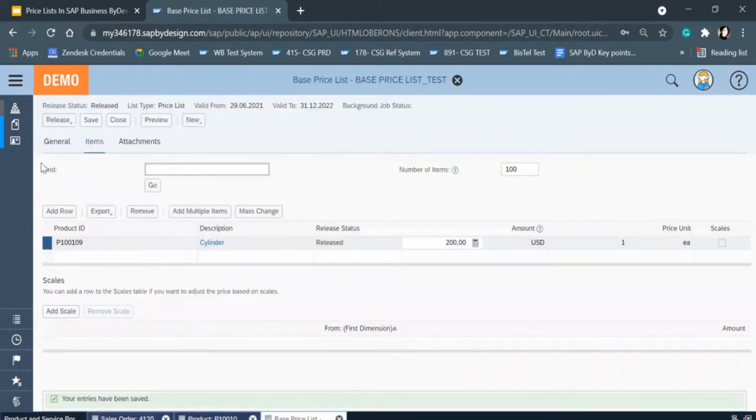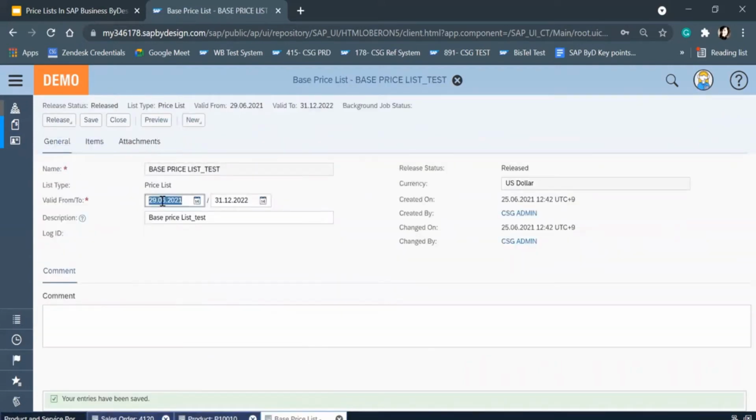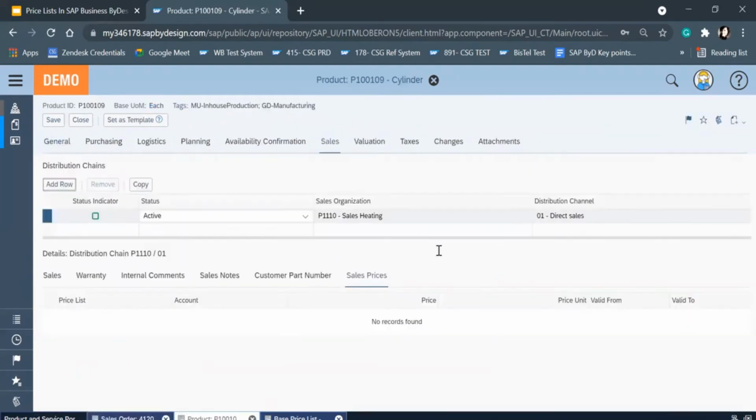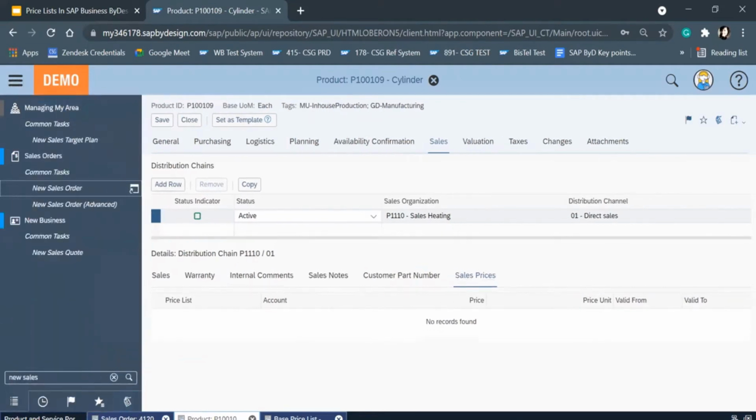Yeah. Right. Thank you, Hari. So here I have taken the date of 29th June because there was already a validity existing for today's date. So in the sales document it's showing because I took the date after the 29th June. But when we see the master data, it will be reflecting after 29th June. So maybe I can show you the existing one.